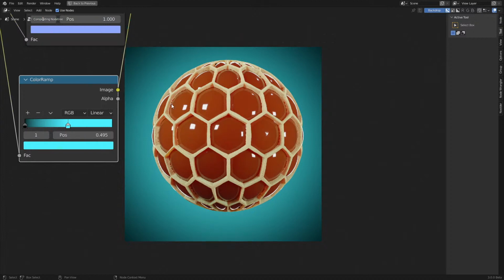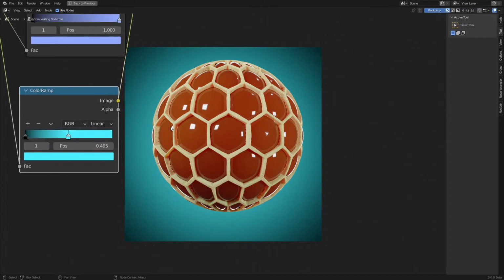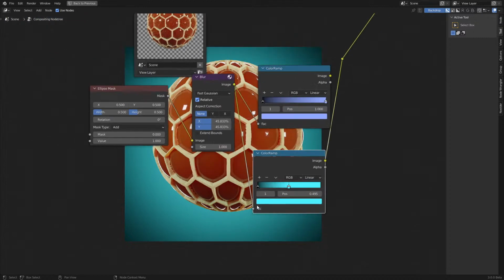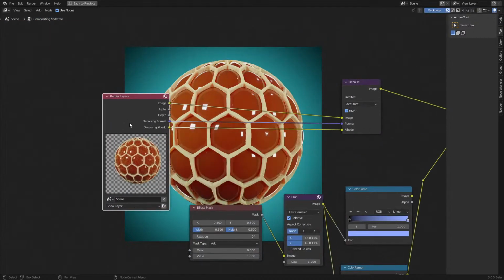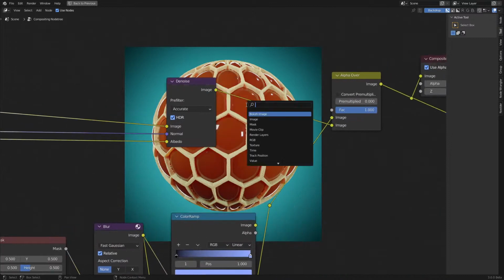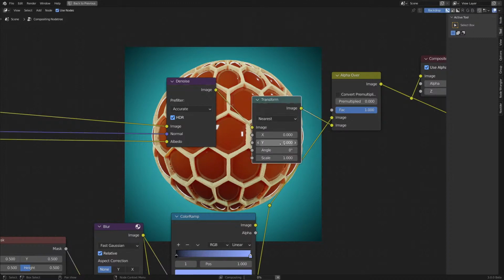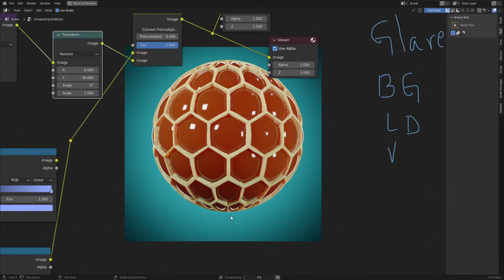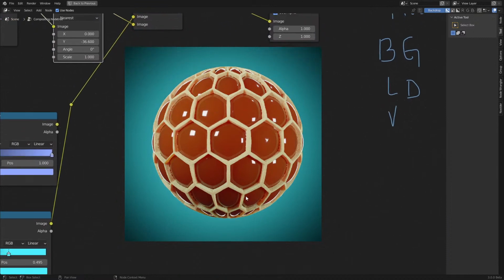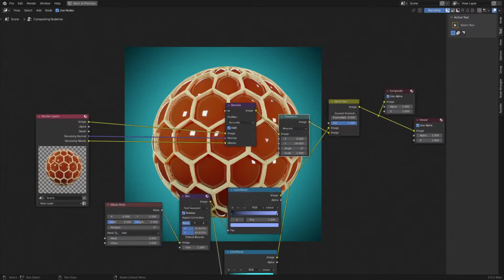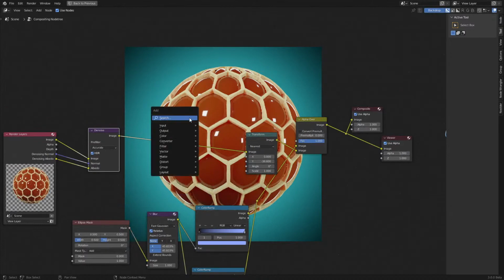How about... Also, I think I should probably bring this one down a little, because look at that, the gap is so uneven. I just had a transform node right after here, along the Y in the negative axis by 30. Perfect. Now it's almost centered, so let's add a glare node